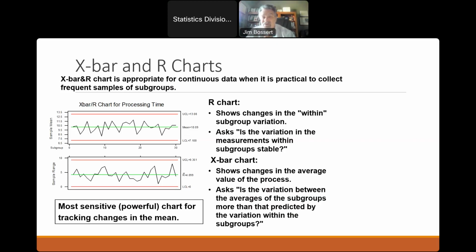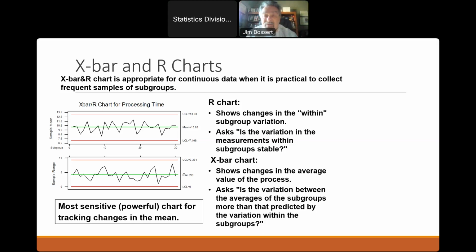Something else to think about here, though, with the limits: when we calculate limits, we have to be as consistent as possible. We're using the same subgroup size, so therefore they're straight lines. Some of the new control charts that you have in various statistical packages will allow you to have variable subgroup sizes, and it gets a choppy, building effect. It's very distracting to look at, so you want to be careful with that. Anyhow, back to the